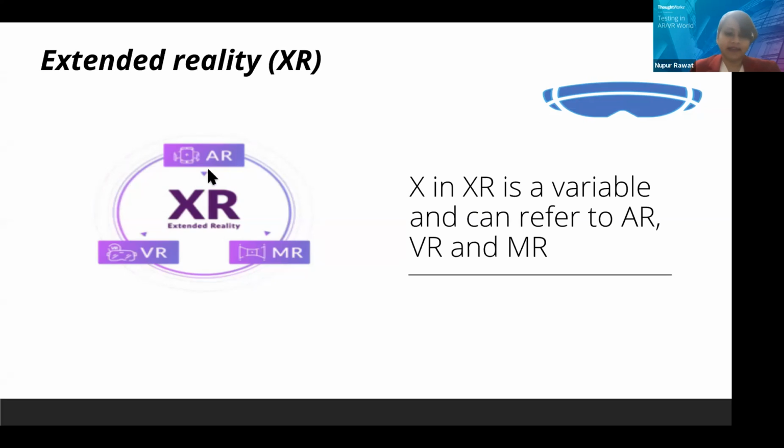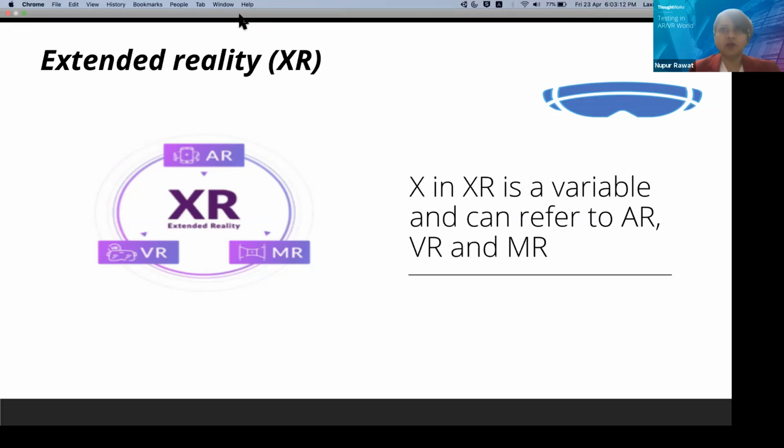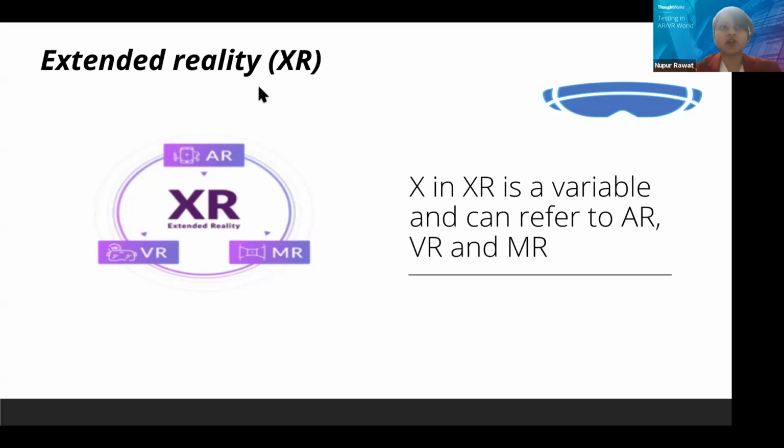Then the second thing is AR, that means augmented reality. So how is it different from virtual reality? In augmented reality, you won't have everything virtual, it will be your real world. The difference is that there will be some virtual objects in your real world. For example, if you use a Snapchat filter, everything you see is real, you are real in that Snapchat filter. Only the filter that you are using is a virtual object embedded in your real world.